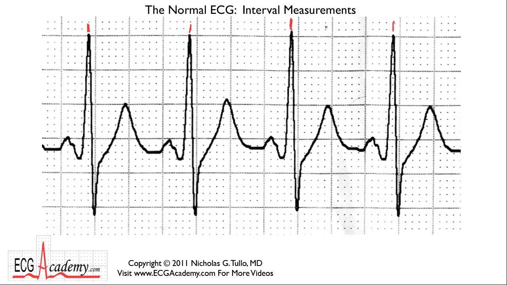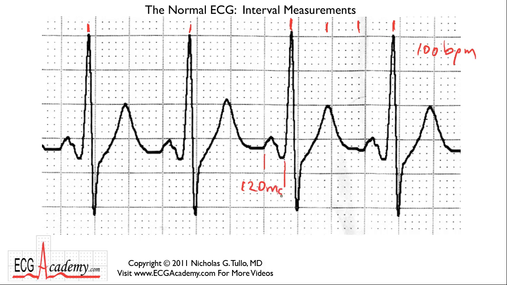Well, start with this one. We'll count off 300, 150, 100. So the rate here is 100 beats per minute. Okay, let's look at the PR interval. This PR happens to land on a heavy line. The QRS lands right over here. So that's three small boxes. That's a relatively short PR of